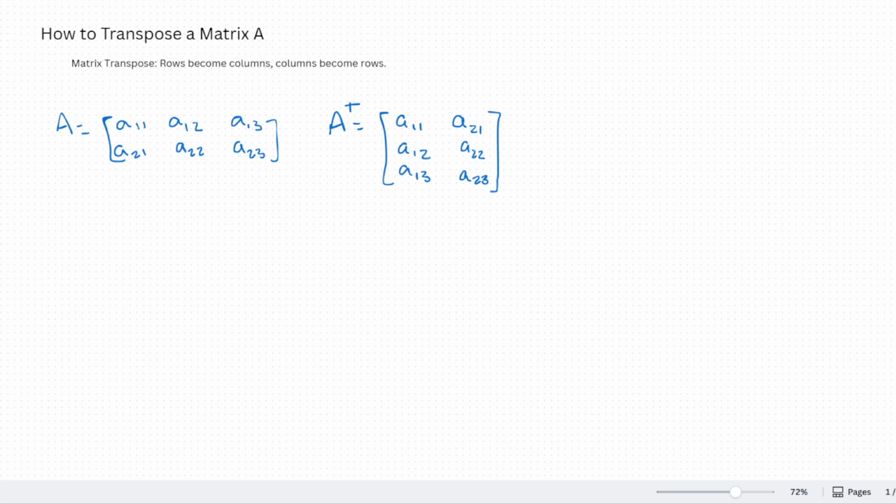Hello, in this video we'll be looking at how to transpose a matrix A. So when we do a matrix transpose, the most simple way to describe it would be we switch the rows: the rows become the columns and the columns become the rows. So if we have a matrix here A, our matrix is a